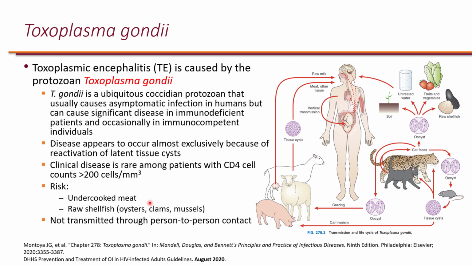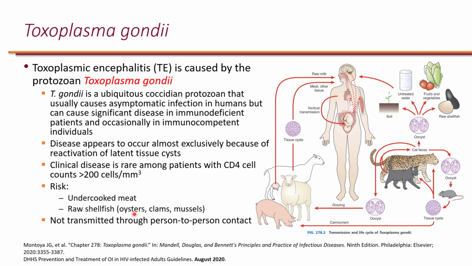Let's change gears to Toxoplasma gondii. So toxoplasmic encephalitis, or TE, is caused by Toxoplasma gondii. It is a protozoan parasite. You can see that in the life cycle of this parasite, cats are involved as well as livestock. So the risk factors for getting this would be undercooked meat as well as raw shellfish,